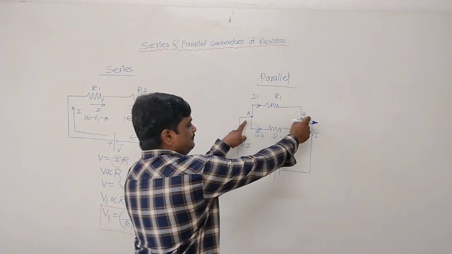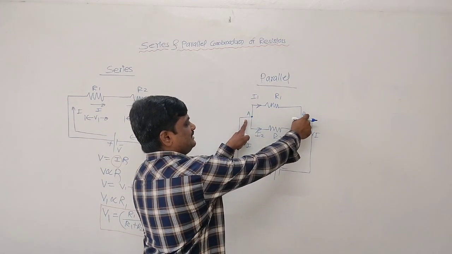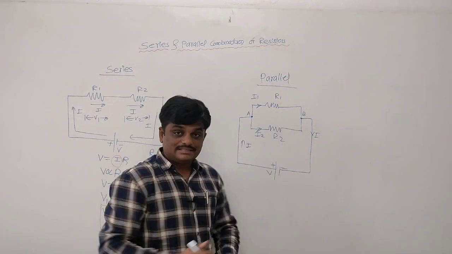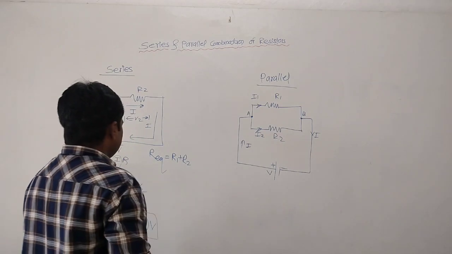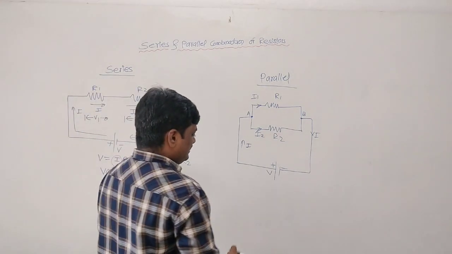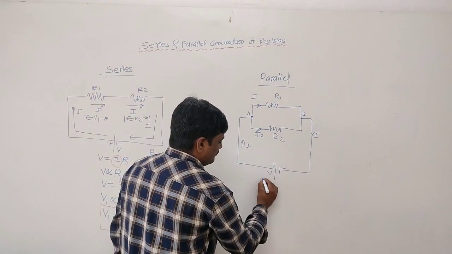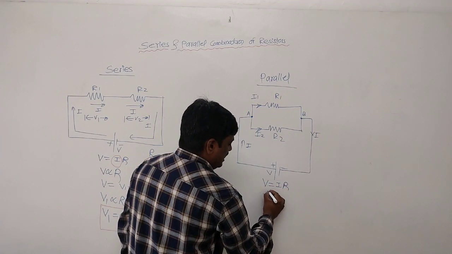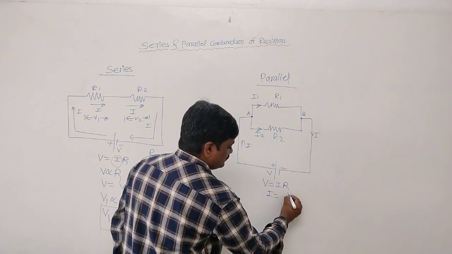The voltage appearing between these two points A and B, that is, the voltage across R1 as well as the voltage across R2, is the same, and that is nothing but the supply voltage. So here there is division of current. Now if you consider again basic Ohm's law, V is equal to IR, or I is equal to V divided by